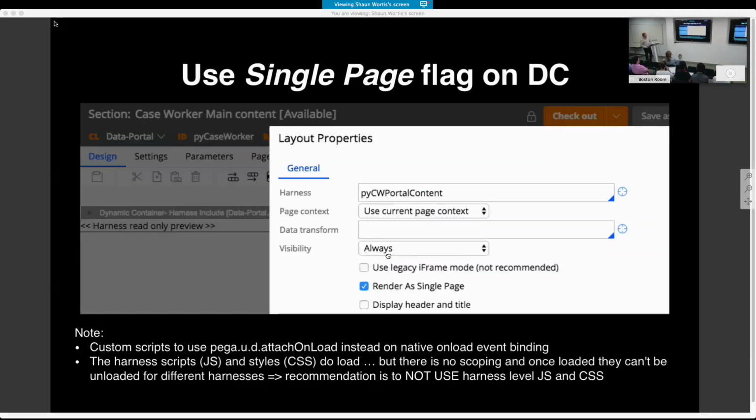The other big change is the single page on dynamic container. So why did we do this? This is maybe a core UI change, and you see there's a new file there called render a single page. What happened in the past is that when you have the case worker form or case manager form,